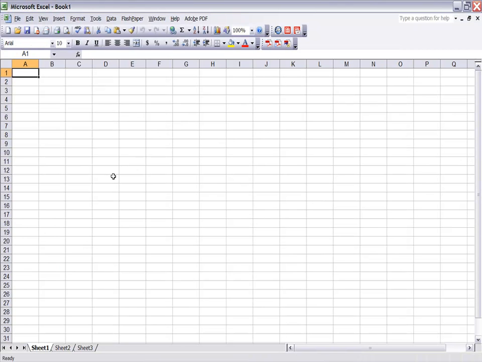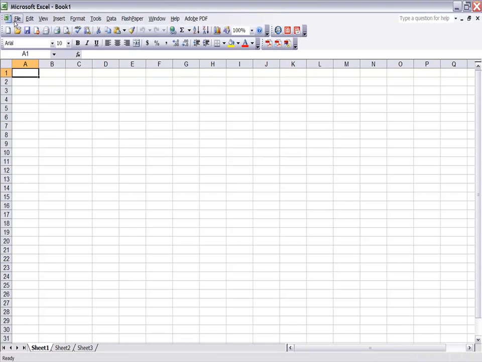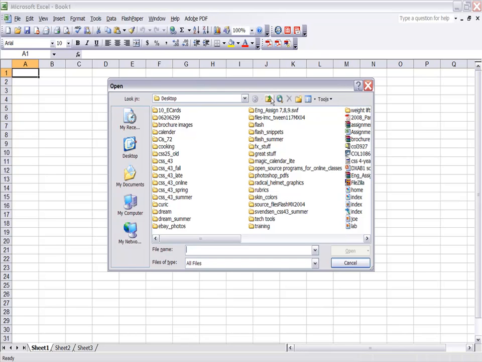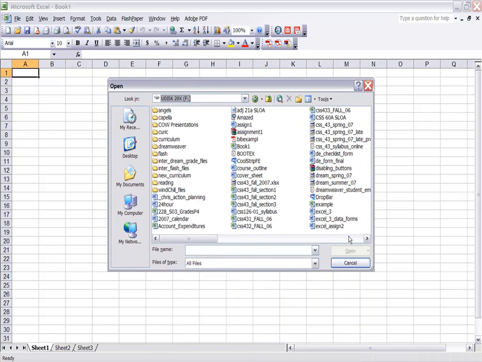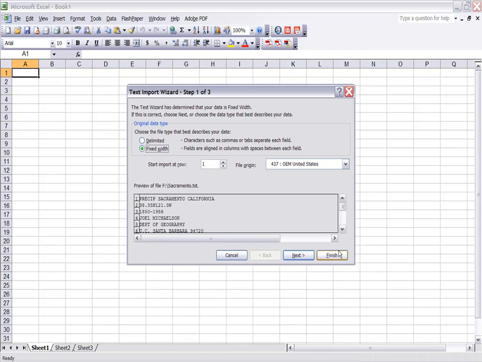Okay, so you've opened up the text document, and we're going to go actually in here and we're going to open that text document that we looked for before. So I'm going to come in here. I'm going to go to where I have that Sacramento text saved. It's right there. I'm going to open this, and this looks pretty similar to OpenOffice,